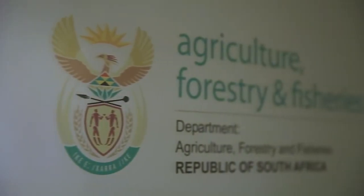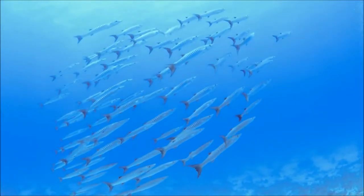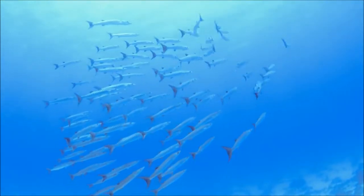It's an expensive process and both government and industry struggle to put up the resources to do effective monitoring, and yet monitoring should be the basis of all fisheries management. You can't manage what you don't understand or have information about. So I think the opportunity that these gliders present in terms of helping to gather information, whether it's about resource abundance of small pelagics or of potential poaching activity in some of the other stocks, I think could be a